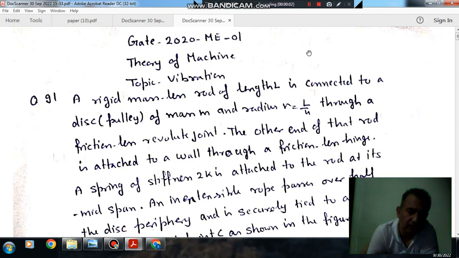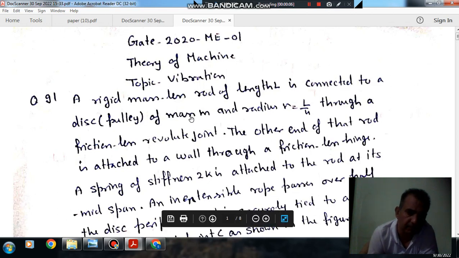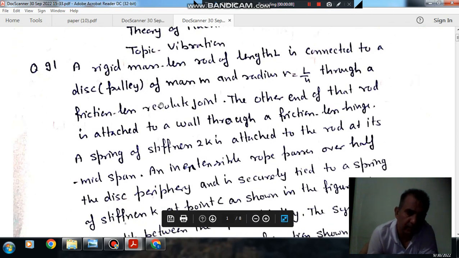Hello, welcome again. We are solving some questions of theory of machines. The topic is vibration. Question number 91 from GATE 2020 ME-01: a rigid massless rod of length L is